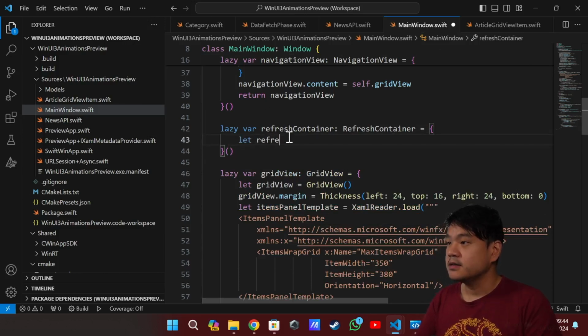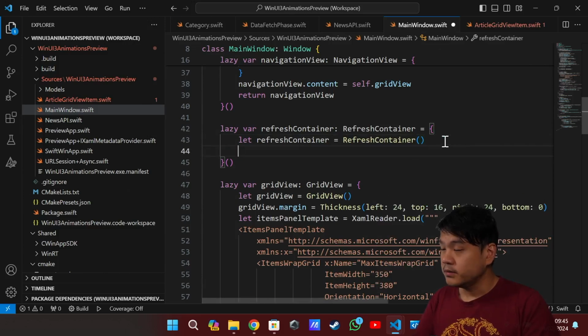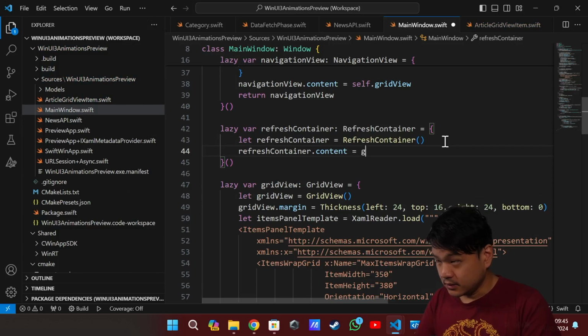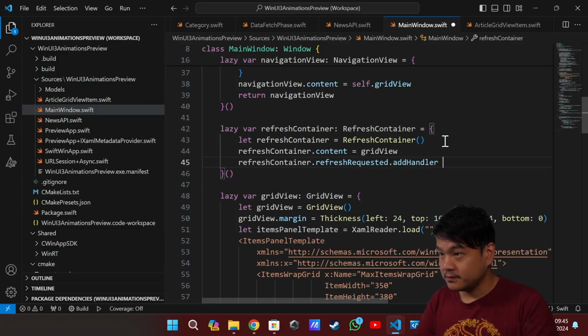Just declare refresh container slash container, and then initialize refresh container, and then in here we just need to set the refresh container dot content with the grid view. So this refresh container, we will wrap the grid view, make it as a content, and then we need to add the handler, the refresh requested handler, refresh container dot refresh requested, and then invoke this add handler